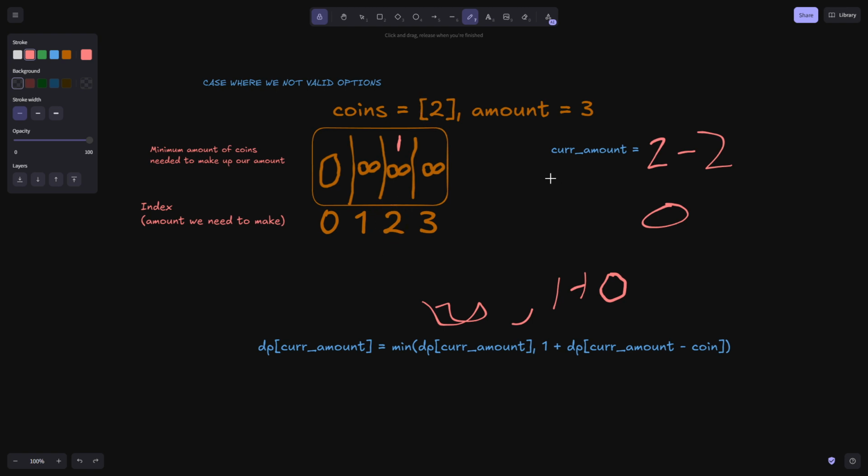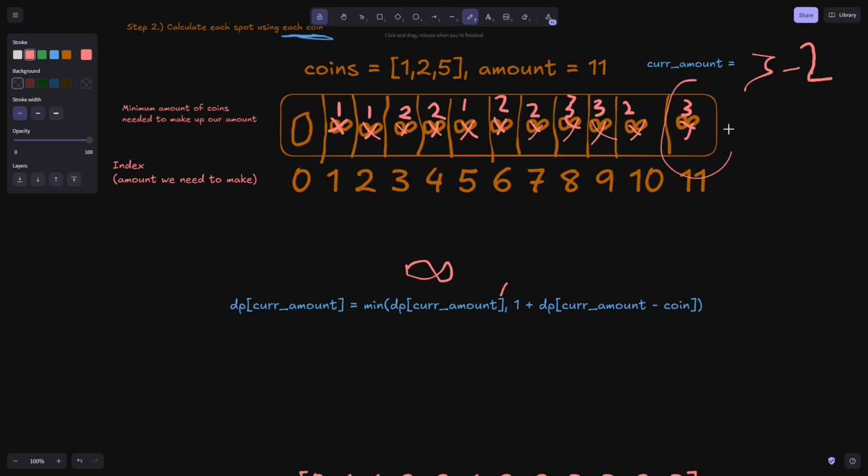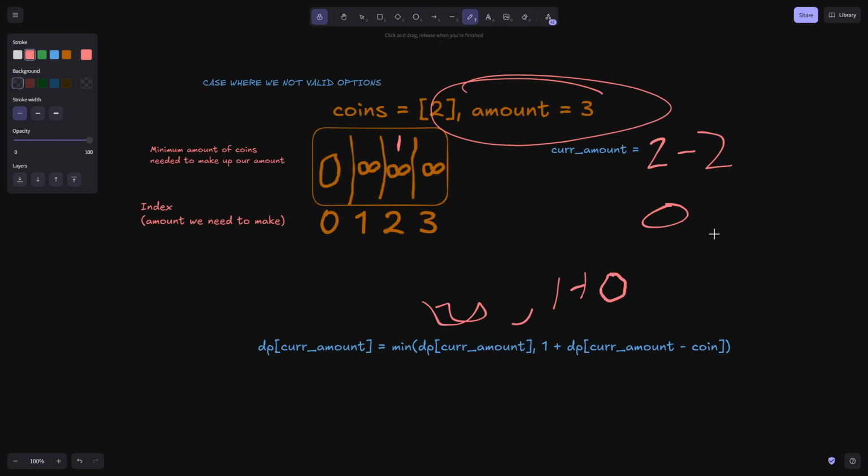Pretty obvious. But that's not what we're solving. We're solving for the amount of 3. So, right, that's why I was saying up here, this final index here that we solve is basically what we care about. But the reason we have to do all this is because we need any of these positions. We need them to calculate the minimum for this position, right? But really, this last index is the very important one. Okay. So when we go to